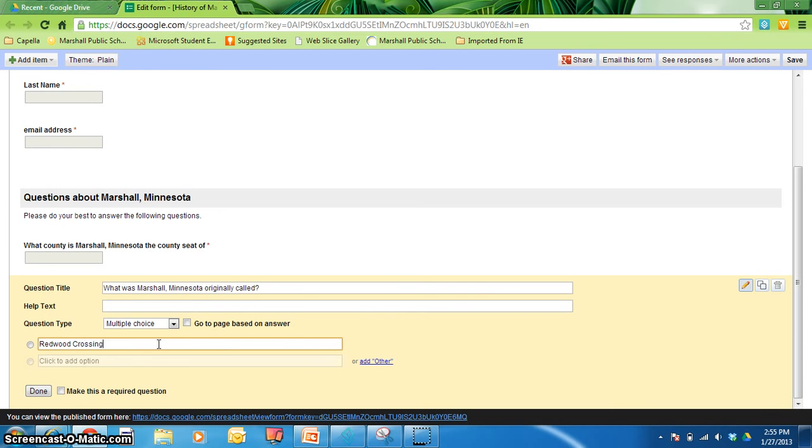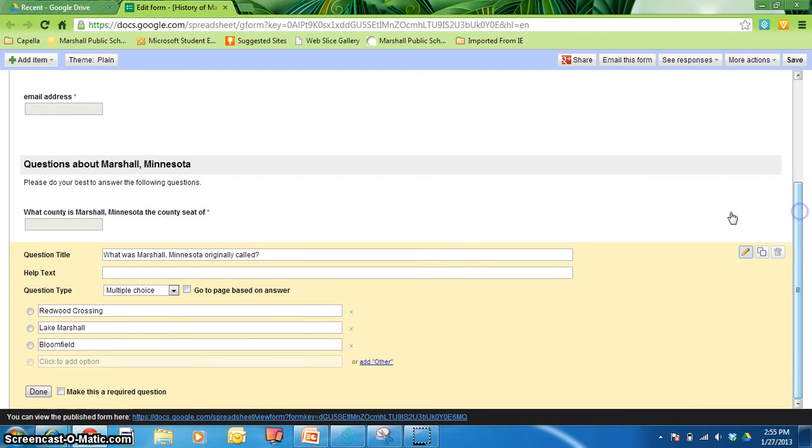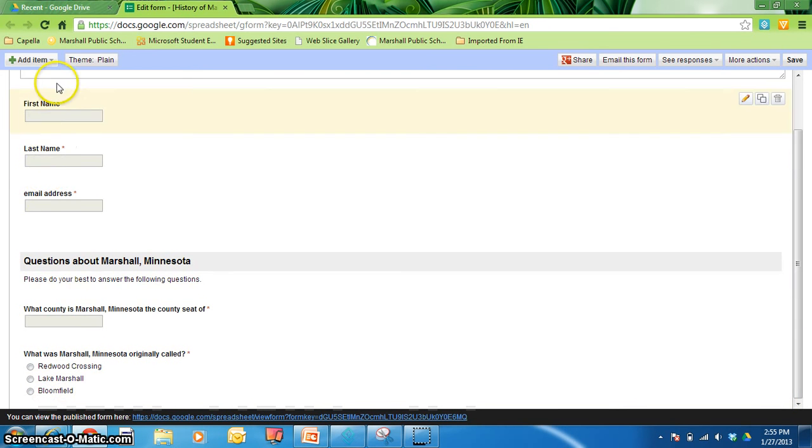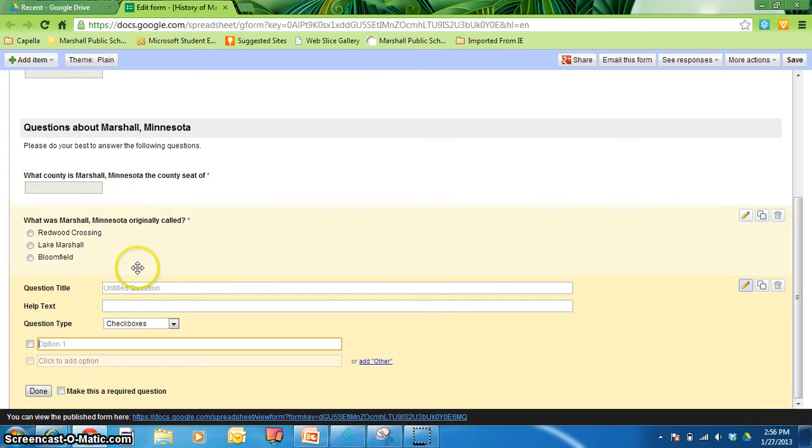Redwood Crossing. It's one choice. Lake Marshall. Or Bloomfield. Okay, those are my choices to choose from. Make it required. Done. Okay, for instance, now if we want to add a checkbox, there could be several possible